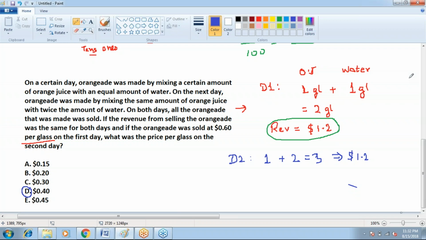Sure, sure, sure. I can. So they say that the first day, certain amount of orange juice was mixed with an equal amount of water. In the end, they are selling it in glasses. So what I did, I assumed that first day they mixed one glass of orange juice with one glass of water. So in this way, they get